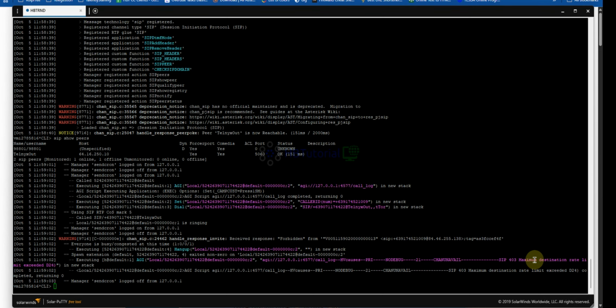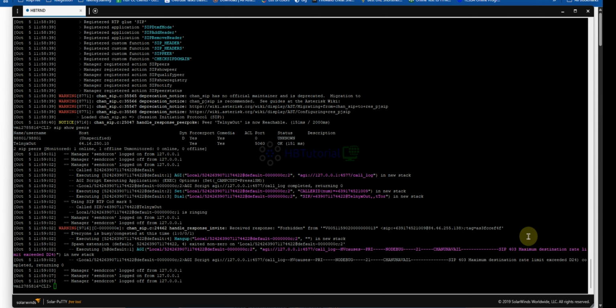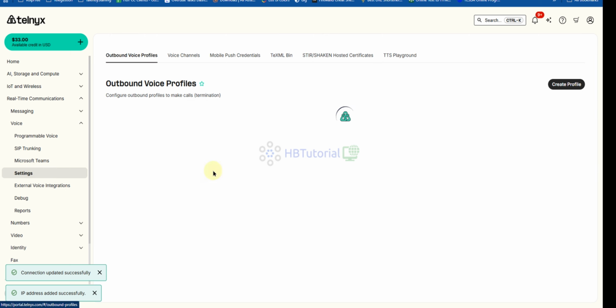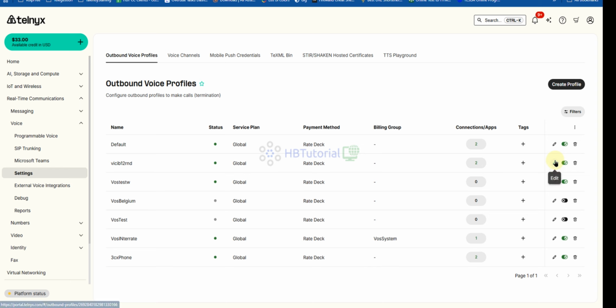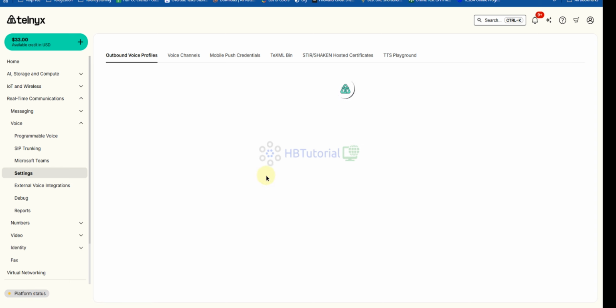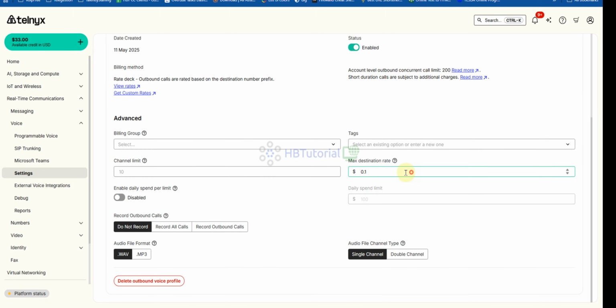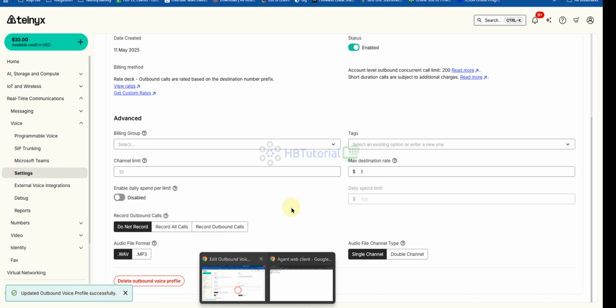Yeah, for maximum rate. So that's the issue. We have maximum rate in our call. So I need to adjust my settings. Let's check again.